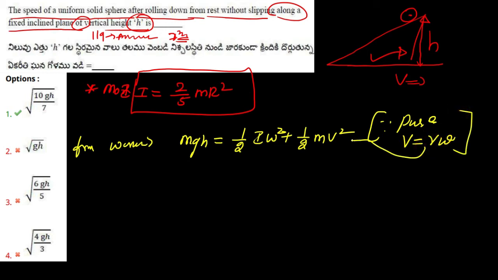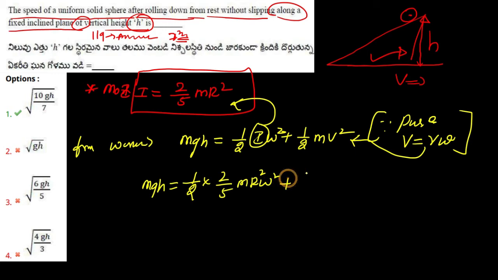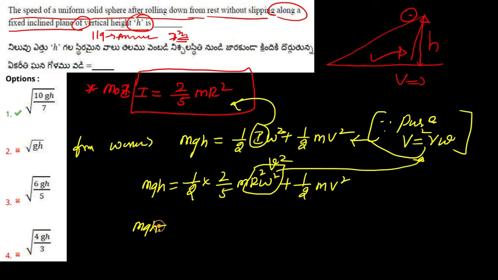Now if I substitute this into this expression, it will be mgh is equal to half times, I am substituting the value of I also, that is 2 by 5 m r square, omega square plus half m v square. Now I am substituting the value of r omega is equal to v. So here it will become v square. So mgh will be equal to 1 by 2 times 2 by 5 into m v square plus half m